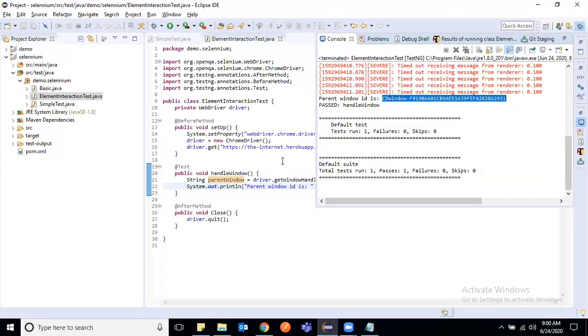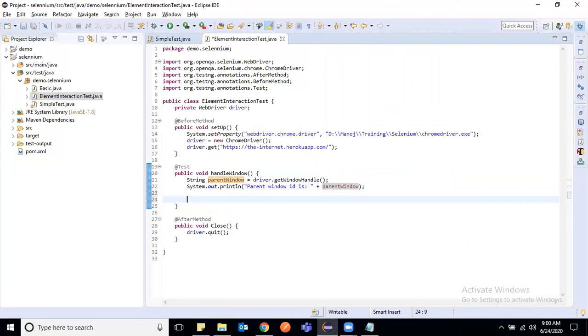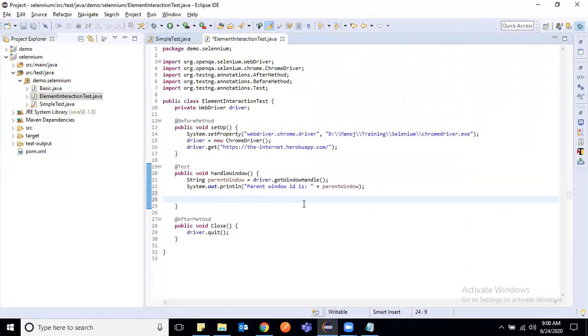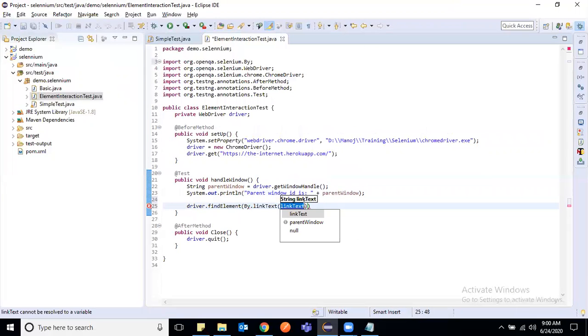Now what we have to do is click on this link, multiple windows. I have to write driver dot findElement, first by link text, multiple windows, dot click.